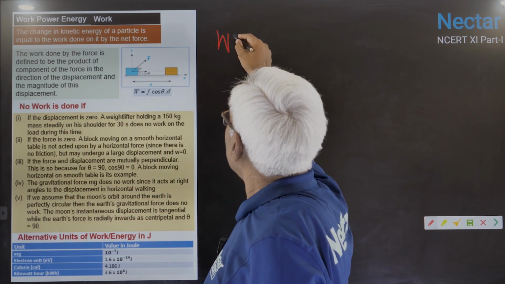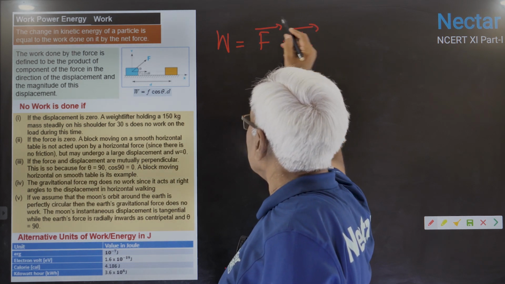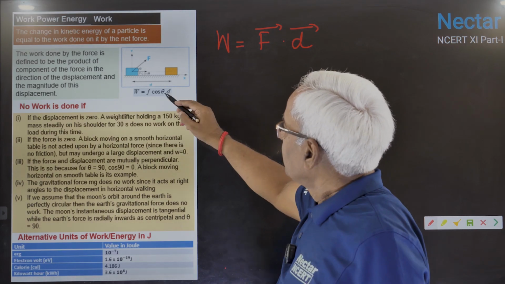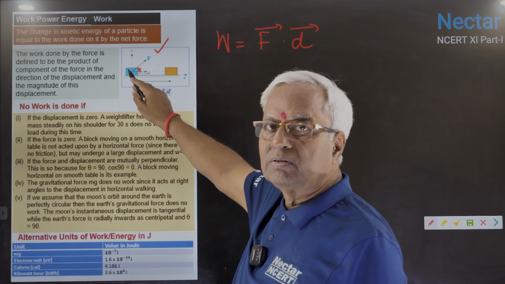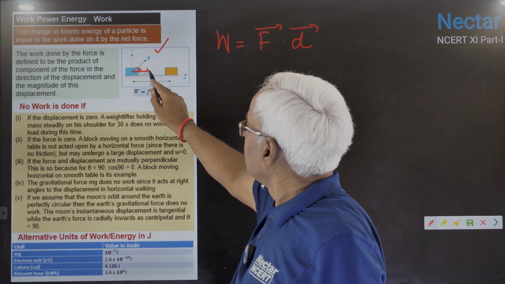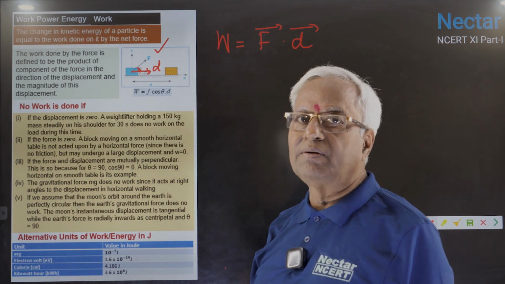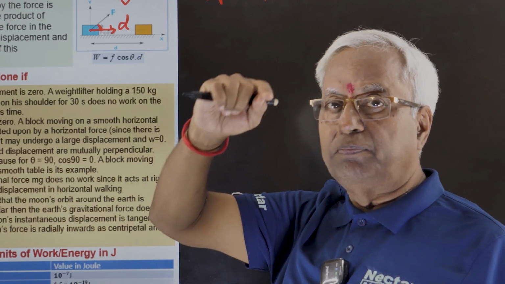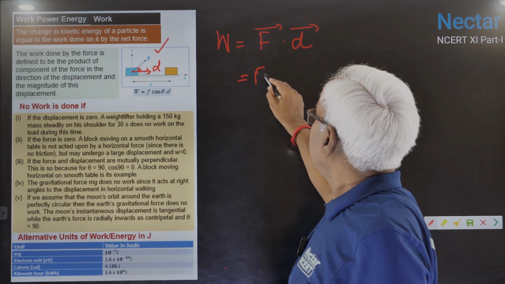Work is a scalar quantity and it is considered to be the product of force and displacement. Force F and displacement D. See, this angle is theta here. Force has been applied on the block that has been shown in blue, and displacement is this way. This is the direction of displacement D. The angle between F and D is theta. Now you know the dot product A dot B is AB cos theta. Here also we have F D